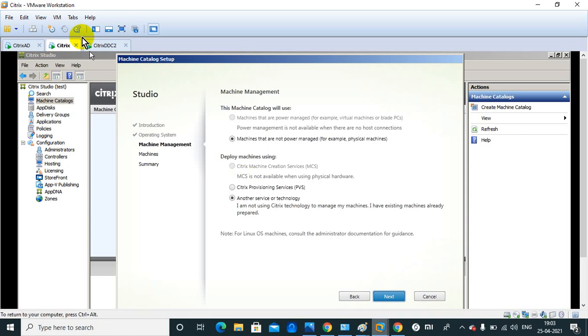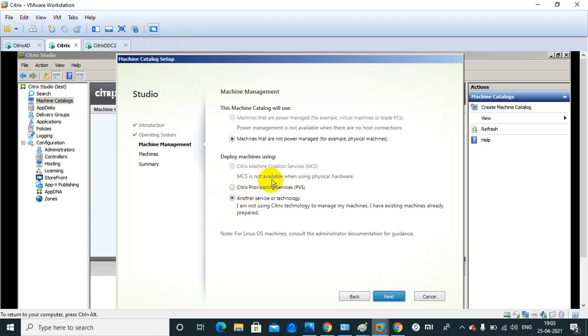But here I am using VMware Workstation, which is a workstation, not ESXi, so it will not support this version. So for that I need to create an extra machine over here and install VMware ESXi or Citrix Xen Server on that, and then our MCS will start working.